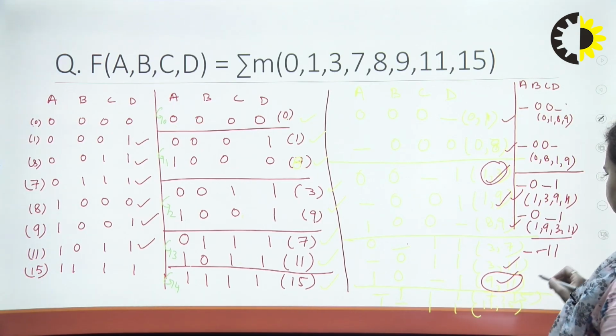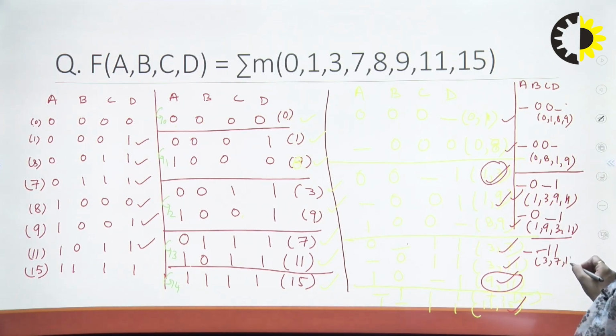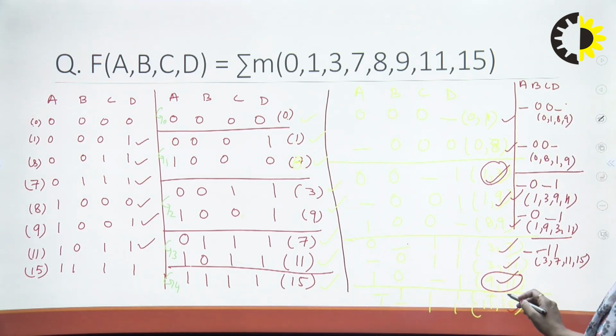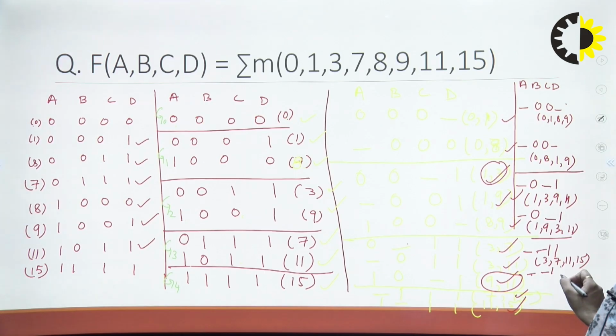1, 1, and it is 3, 7, 11, 15. So you write down 3, 7, 11, 15, right? And similar way, if I match the dash is at first position and here also dash is at first position. So you check and you compare this 7, 15 with 3, 11, right? So you will see dash 1, 1, and you will see 3, 11, 7, 15, right? I think this is clear to you.